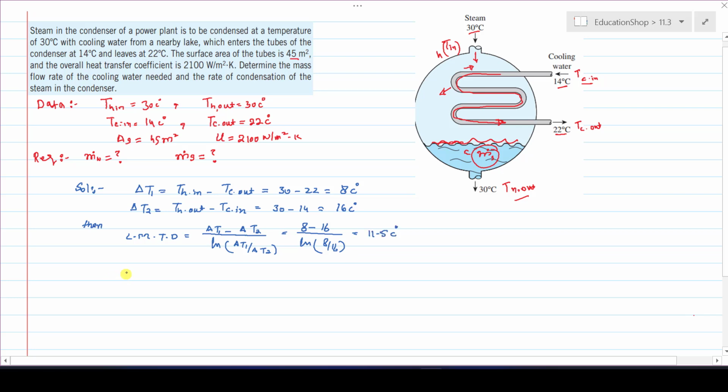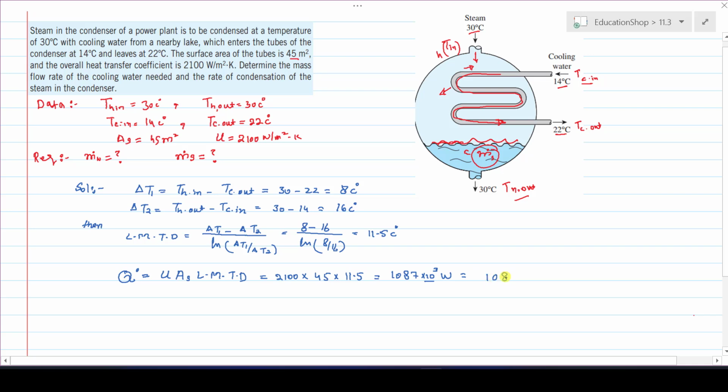Now the amount of heat transfer in the condenser is equal to the overall heat transfer coefficient times the surface area times the log mean temperature difference. Overall heat transfer coefficient is 2100, surface area is 45 and log mean temperature difference is 11.5. After multiplication on a calculator you will get the rate of heat transfer value, that is 1087 multiplied by 10 to the power 3 watt, and this 10 to the power 3 is basically equal to kilo, so I can say